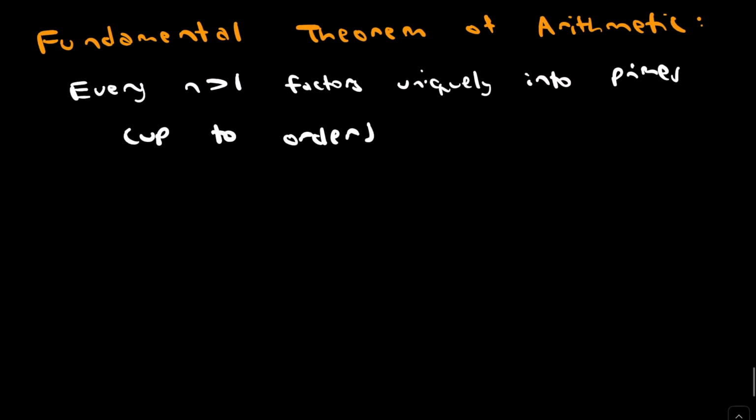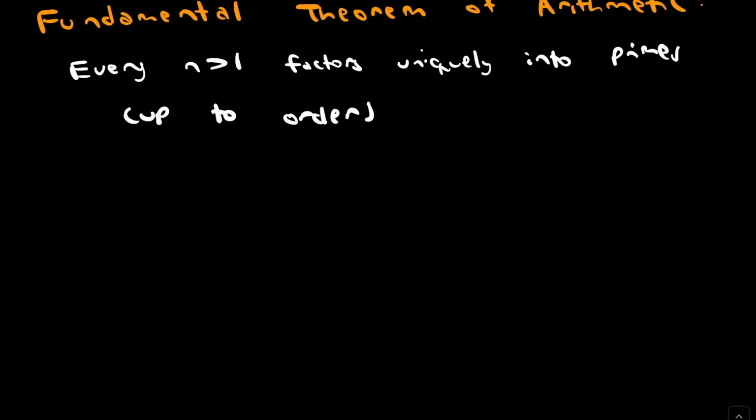Now we move on to the fundamental theorem of arithmetic, which is every integer greater than 1 factors into primes in exactly one way up to order. So suppose for contradiction that for some n, that some n has two genuinely different factorizations. So suppose n has two factorizations for contradiction. We can write this as